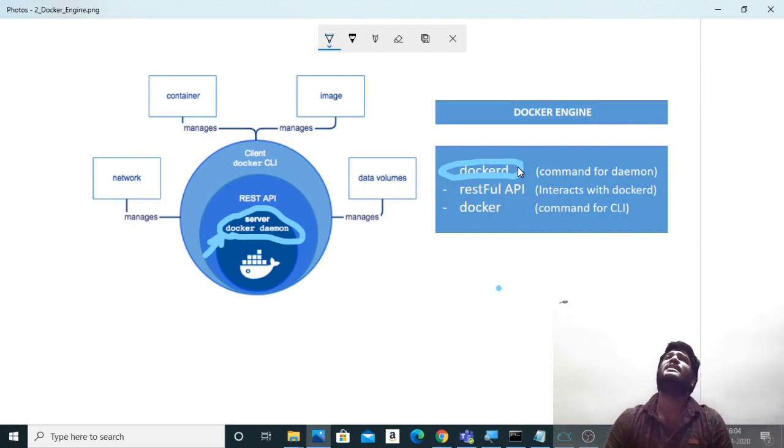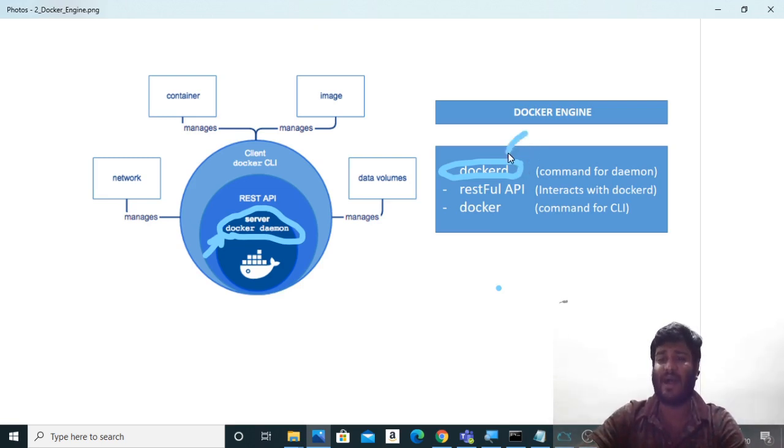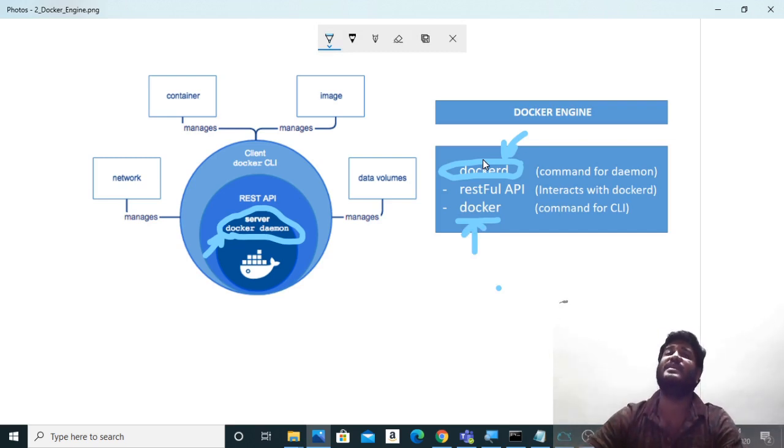As a Docker engineer, it will be very rare that you will be using this command dockerd, unless you are using it for orchestration, or changing some configuration files or services. That is where this command will be used. But if it is about simply using Docker containers, running them, stopping them, or managing them, then docker is the command for that. The dockerd command talks directly with the Docker engine and is used to change the configuration settings.